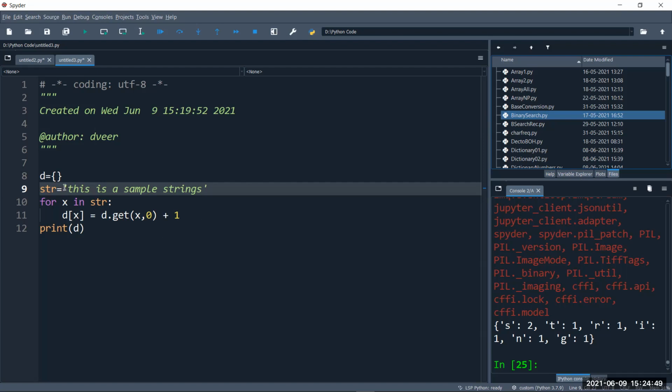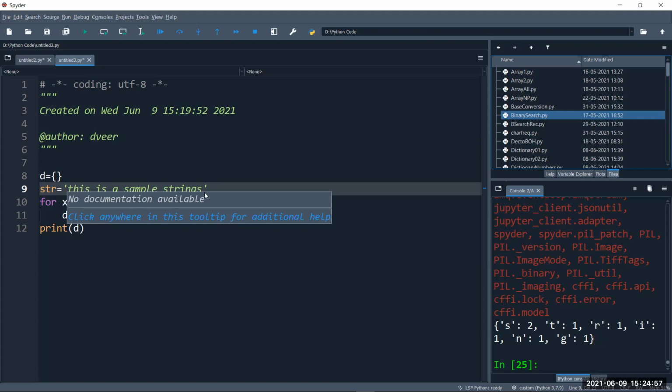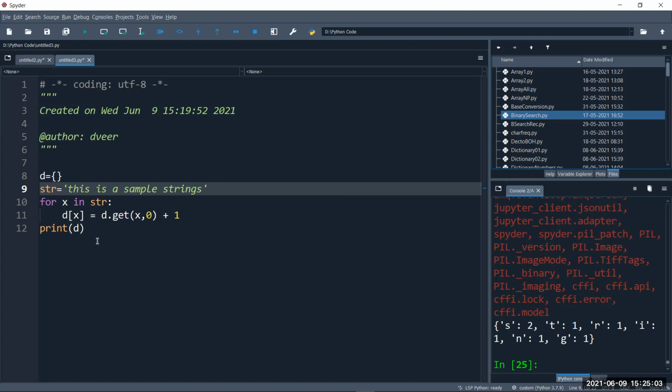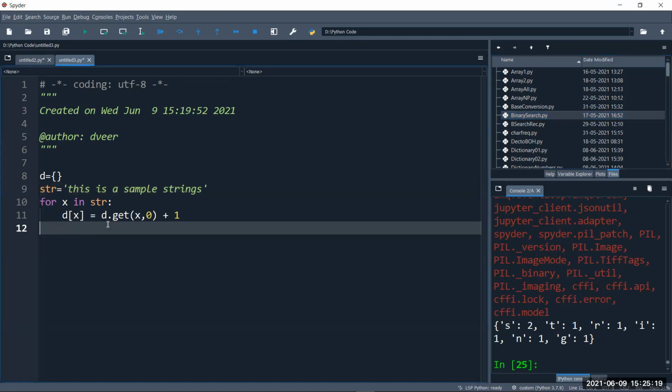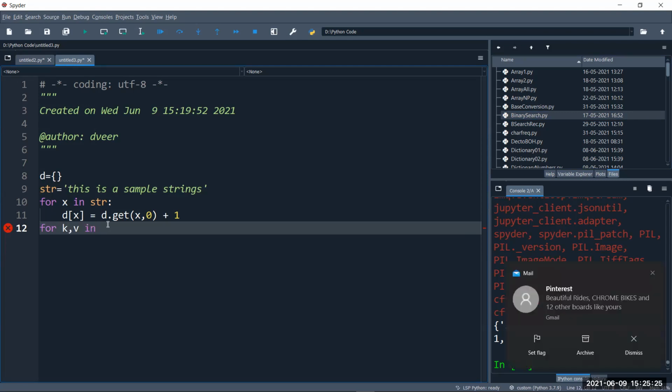Anyhow, so what will happen? Using this very, very small piece of code, we are iterating through every character of a string, and if that character is already existing, we are finding its corresponding value, incrementing it by 1 and storing it back. If that character is not in the dictionary, then we are storing it in the dictionary with its frequency set to 1. So here I'll write: for k comma v in d dot items,